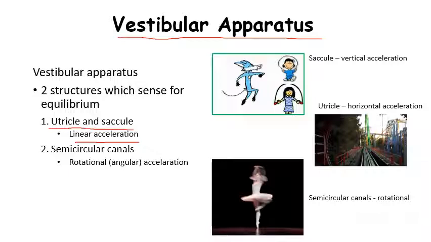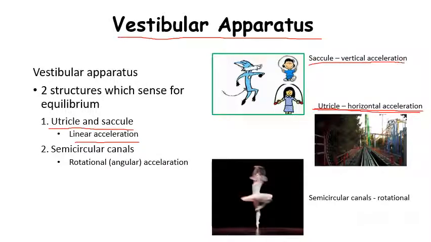Okay, looking here, utricle example is, if anybody recognizes this, this is the Montezuma's Revenge at Knott's Berry Farm, but you take off in this very fast acceleration, okay, horizontally. Eventually you go vertical, but this very first stretch you're going horizontally. Okay, that would be the sensory receptors of the utricle. They're set up in a line so that when we go horizontal acceleration, we're going to get bending of these sensory receptors. The opposite, the saccule,